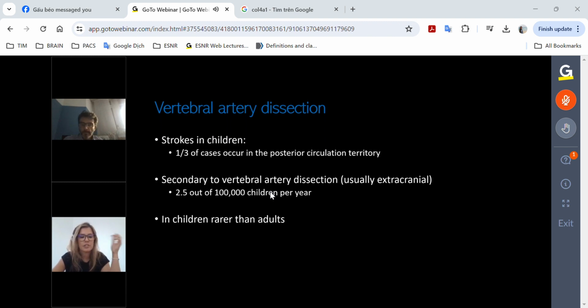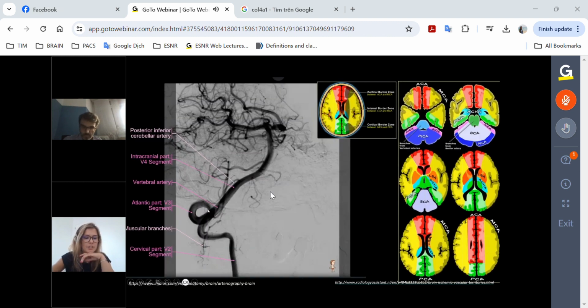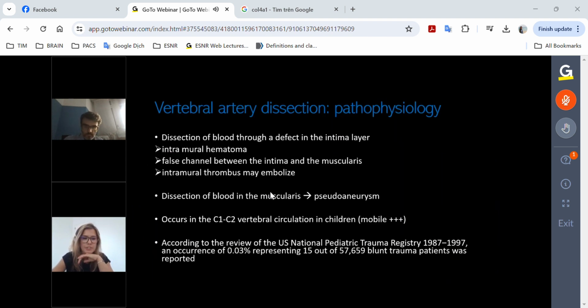Usually it's a fall, or here it's a blunt trauma. It's rarer in children than in adults. So this is the location of the dissection in our case, and he had this ischemic stroke in the posterior territory. So what happens is you have a dissection of blood through a defect in the intima layer,